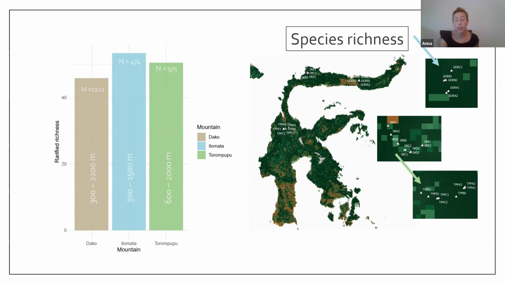So the top one is showing the sites at Ilamata, and all of them are located in this dark green primary forest. Torempupu is the same way, where you have the sites across this really dark green. On Dako, on the other hand, all the sites there are in areas of forest that have been partially degraded, and then the lowlands are in areas that have been completely transferred to agroecosystem, mixed agroforestry. So in that case, the richness makes a little bit of sense. We're starting to see some potential consequences of deforestation on endemic biodiversity.